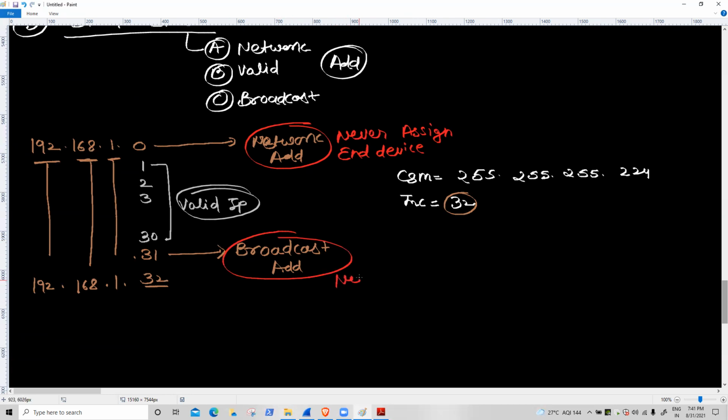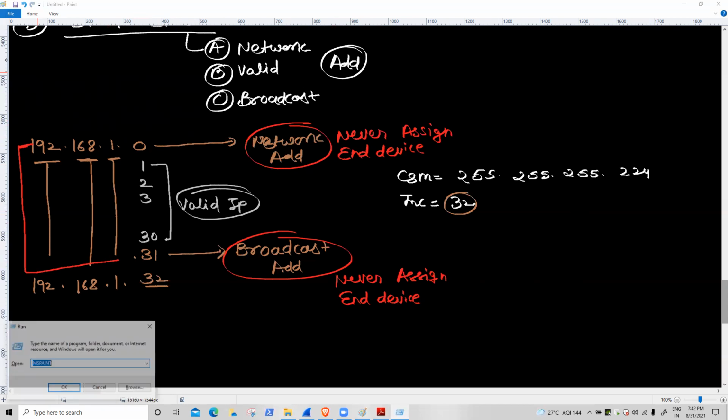Broadcast address is never assigned to end devices, PC, laptop, server. Clear? So this one is my first block from 1.0 to 1.31. This one is my first network, first block. Any doubt, Aaron, Ibrahim?